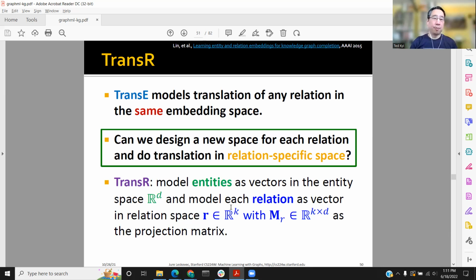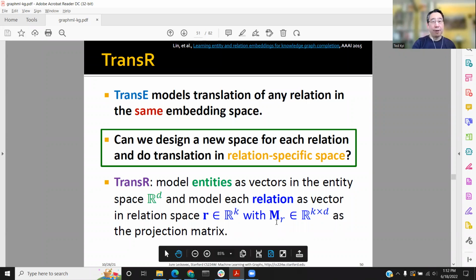There's a number of ways you could implement this theoretically, but we're not going to have separate embeddings for every relationship. That's not going to work. That will overfit. So instead, we're going to have a single mapping matrix that will map from